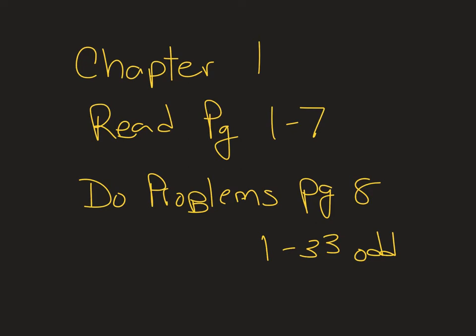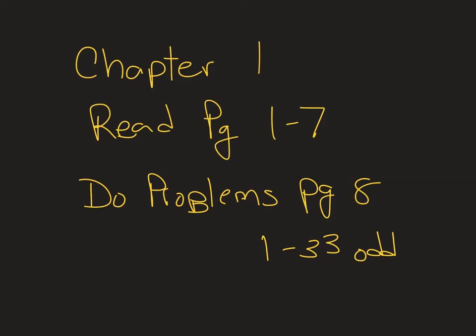So this is the Chapter 1 Toolbox. The toolboxes of each chapter contain the ideas and skills that you should already know prior to this course. So these would be materials that you worked on in your prior courses, such as Algebra 2. And I know a lot of this also was covered in Algebra 1. So you are to read pages 1 through 7, look at the examples, and then do problems on page 8,